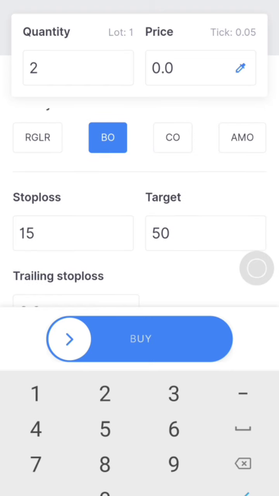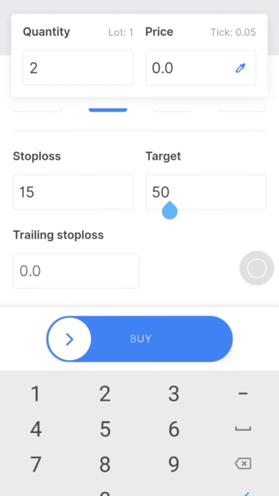The stop loss you can keep, let's say 15 rupees, so your loss should not be more than 15, and your target you want to achieve is 50 rupees profit. So when the price reaches 50 rupees plus, it will automatically book the profit. In case it's coming down and reaches 50 rupees less than the current price, it will book your loss also. That's why this is called bracket order. Then here there's something called trailing stop loss. Just see here, this is the main point why we put trailing stop loss.